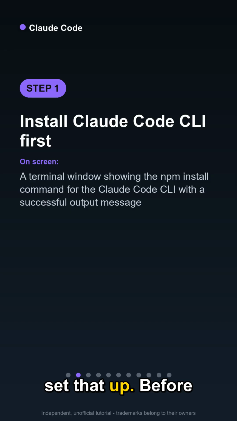Before anything else, you need Claude Code installed on your machine. Open your terminal and run the official install command from Anthropic's documentation. It installs via npm. Make sure you also have an active Claude Pro or API subscription, because Claude Code requires